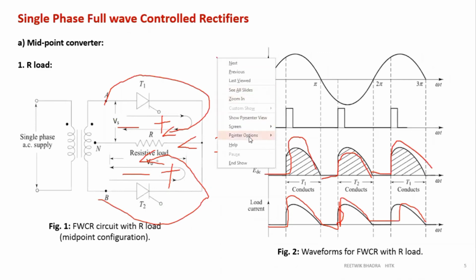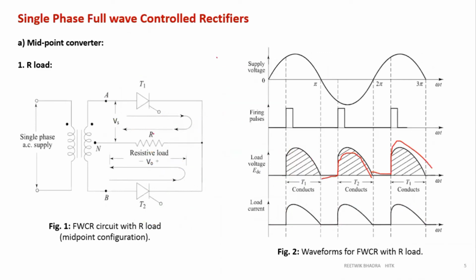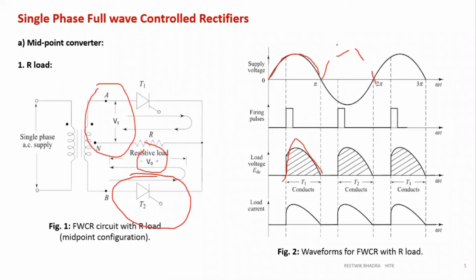Or logically, you have to understand that V0 in the first half cycle will be VAN. What is VAN? This curve. So drawn this one. And dotted line VBN will be this one. So second half cycle which is on T2, which curve you will get? This one. So this one will be T2. Okay. So we will get this one. And since it is a resistive load, my current will follow my load voltage. So same diagram over here, except this is VM, this is VM by R.